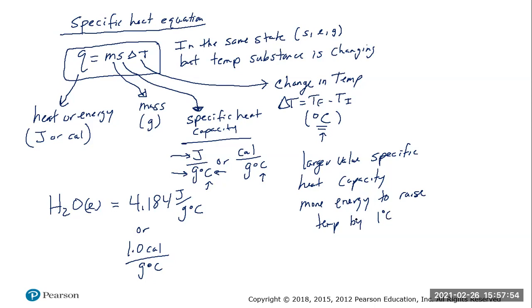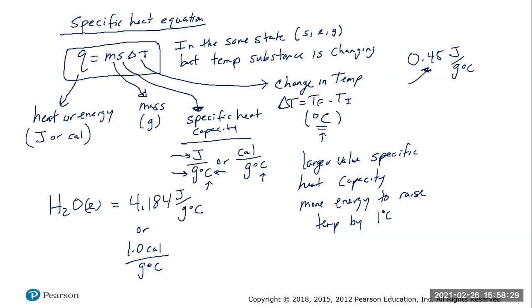So, for example, if we took something like liquid water here, it has a specific heat capacity of 4.184 joules per gram per degree Celsius. What that means is to raise liquid water by 1 degree Celsius, you've got to put in about 4.184 joules of energy for every gram of water. Compare that to perhaps a metal that's, say, 0.45 joules per gram per degree Celsius. This is a significantly smaller number for this made up metal.